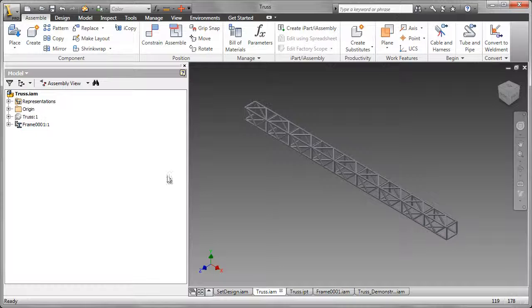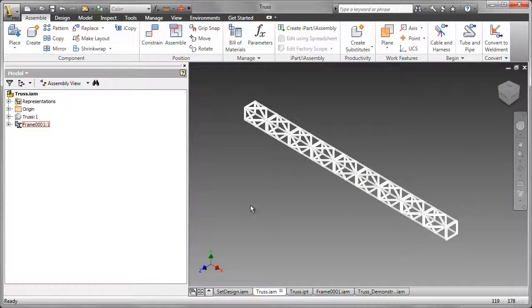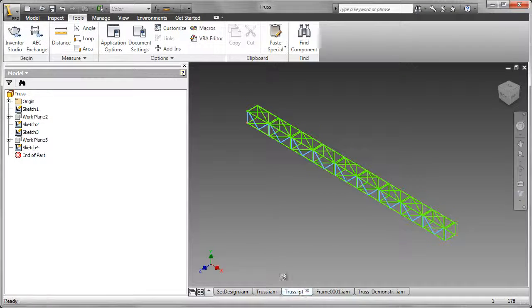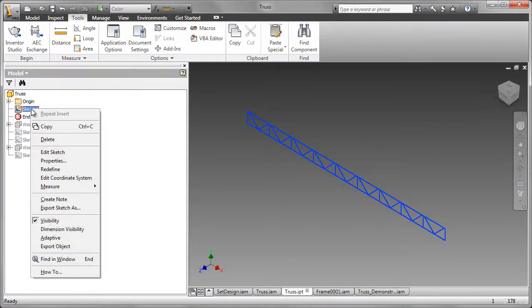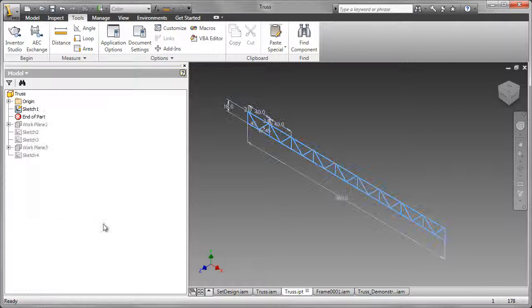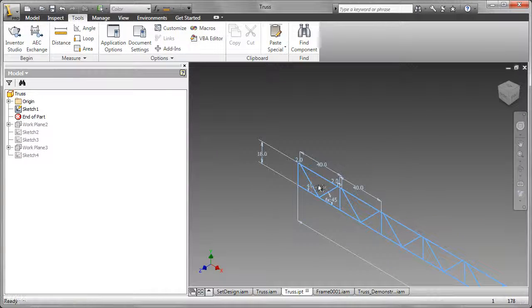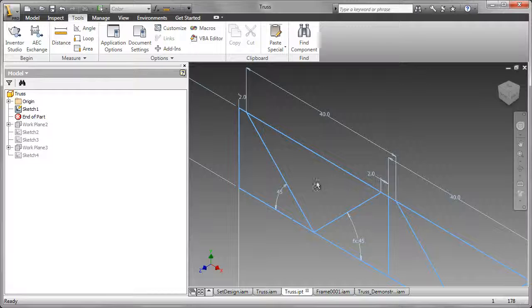The truss itself, as I said, was created in Frame Generator, using a sketch and then creating the frame. This is the part file that I used. Let's move the end of part up to the first sketch and turn on dimension visibility. A review of the sketch shows it's approximately 40 inches between the main components, and I've applied some angular dimensions